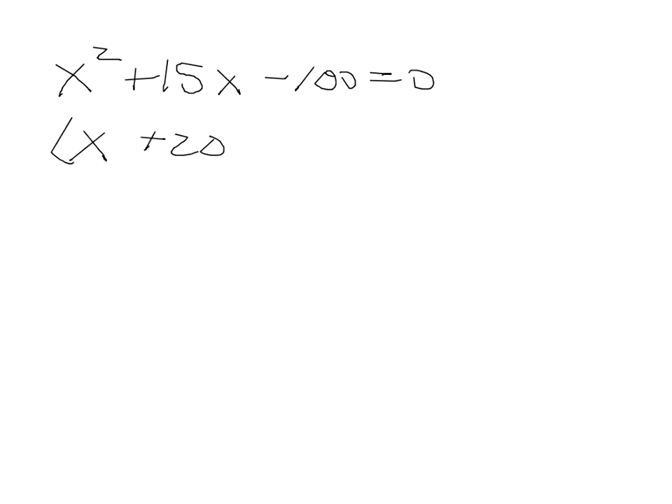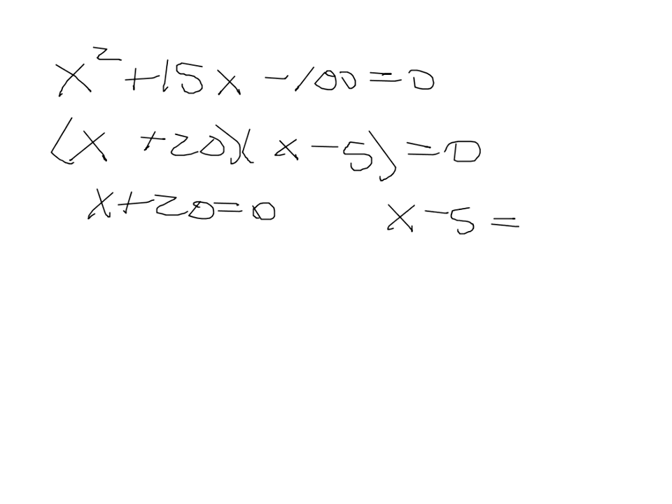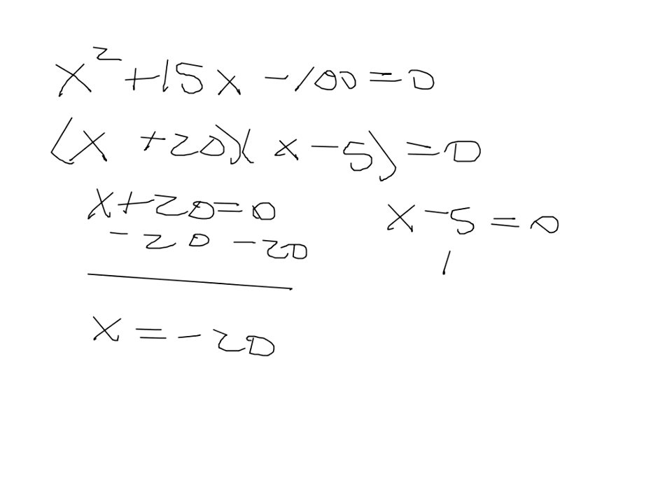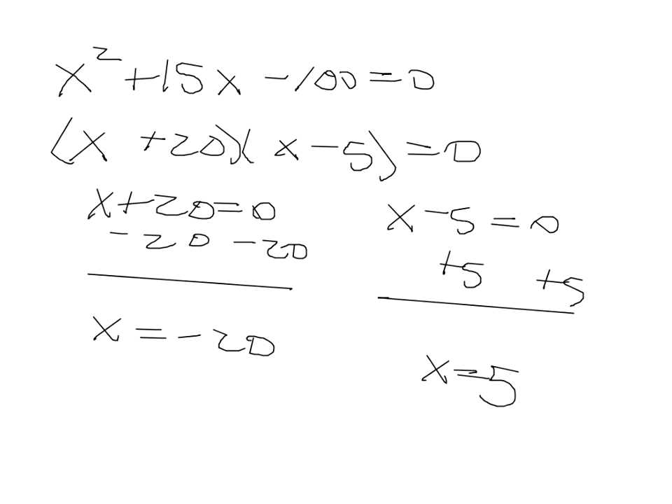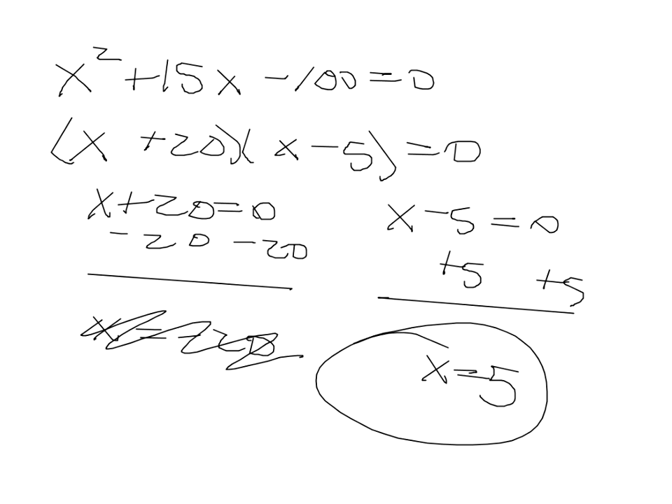So let's do 20 and 5, so new page. x squared plus 15x minus 100 equals 0. So I get (x plus 20)(x minus 5). So x plus 20 equals 0, x minus 5 equals 0. Subtract 20 over here. Add 5. And so now I need to go back. I can't use a negative number, so this 20 is out, and my solution is